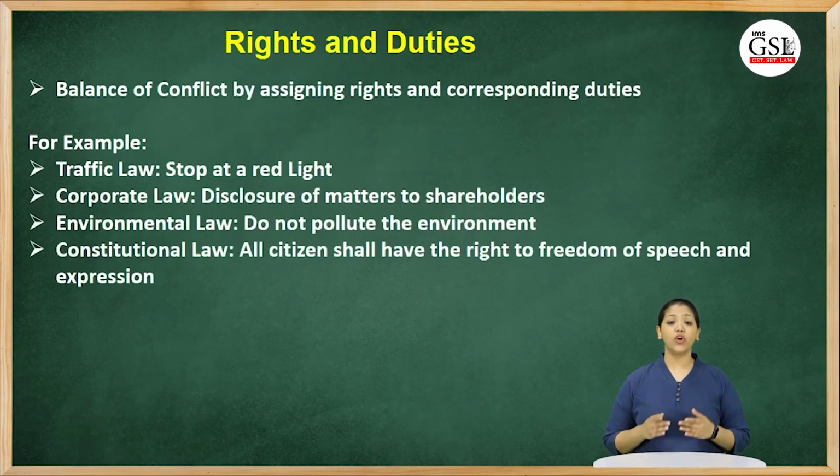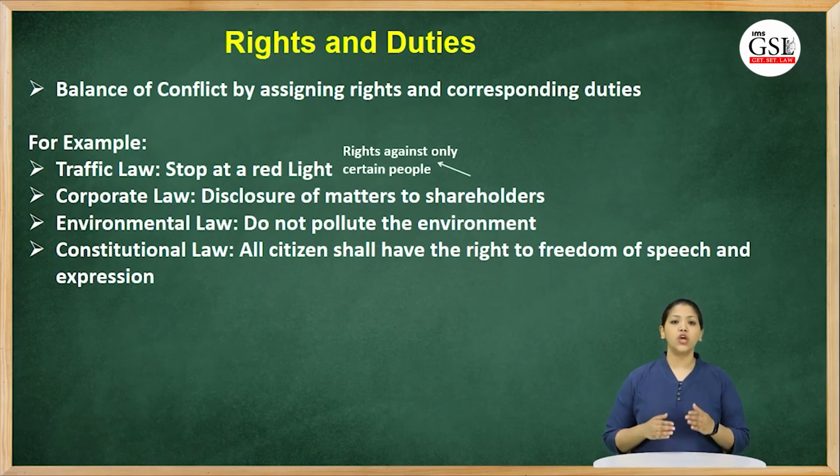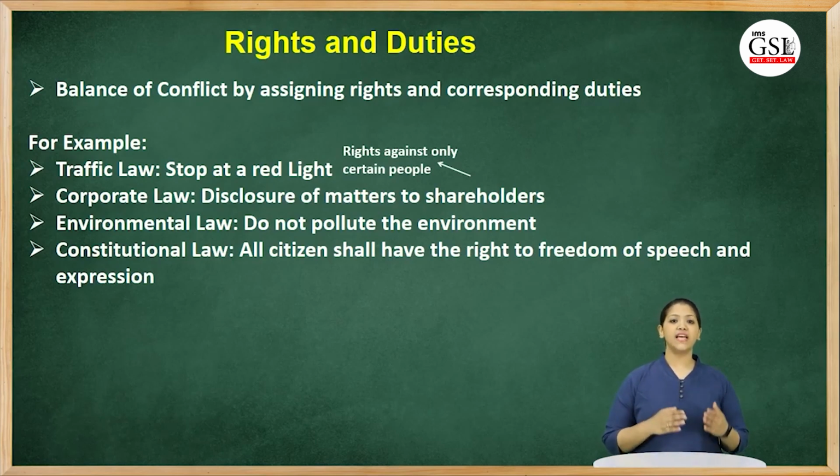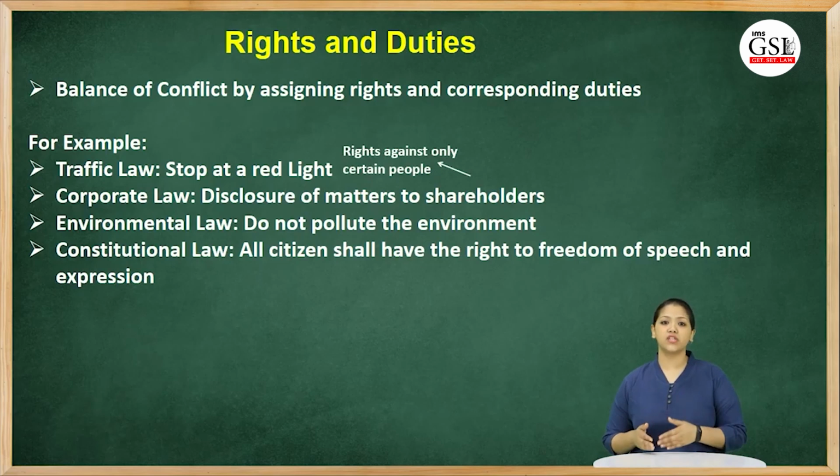In the above examples, we also saw a corporate law example and the constitutional law example. In the corporate law example, the shareholders of a company do not have a right to information against everyone in the world. The shareholder of a company can ask for information from the directors of the company, not from the directors of another company, or the person supplying raw material to the company, or the janitor of the company. The exercise of their rights are limited against a fixed amount of individuals. These individuals may number from hundreds or thousands or even lakhs. That does not matter, but it is limited to only those individuals.